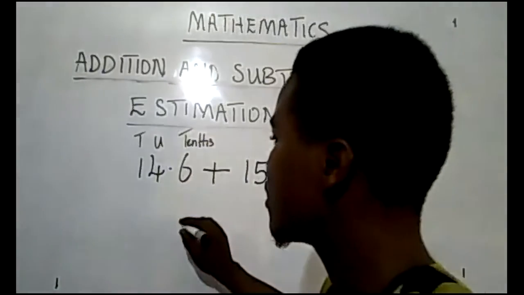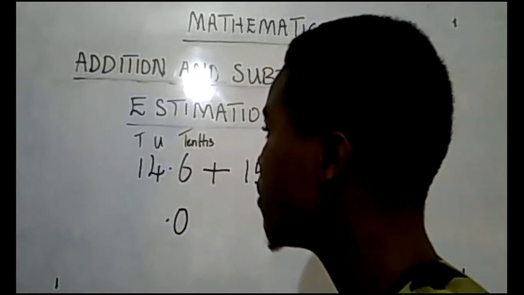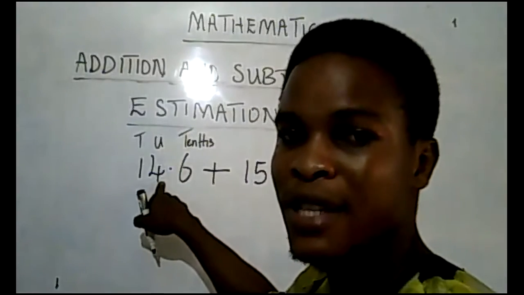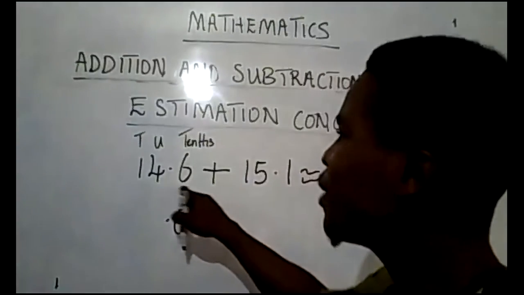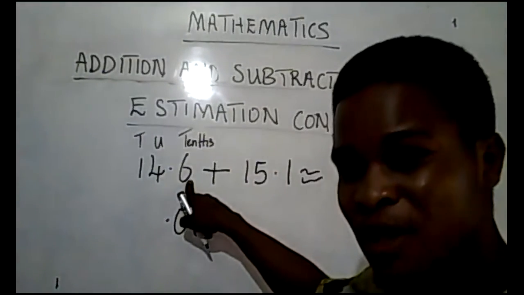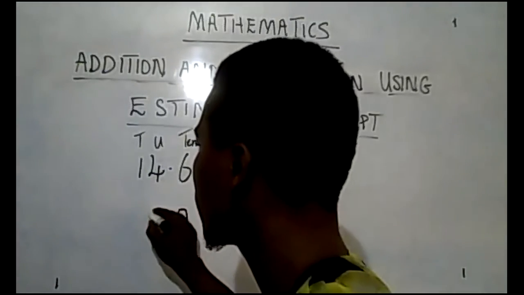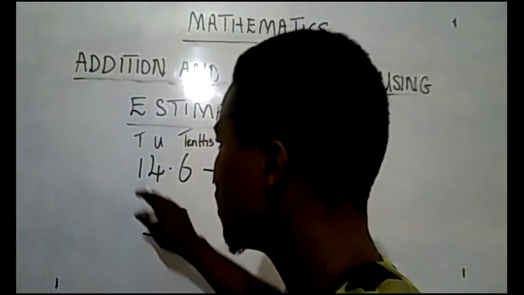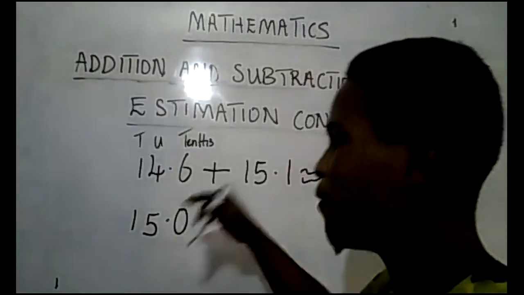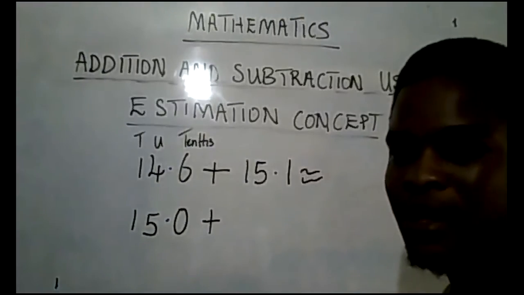Now, we have 6 here. Then also, this becomes 0. And we have a decimal. Then this is the number in the unit place. Then also, what do you do to it? You add 1 to it. Why? Because this is 6. It's more than 5. It's up to 5. So you add 1 to this one. When you add 1 to this one, it becomes 5. Is that also? Then you bring down your 1, which is 15.0. Same thing as 15. Is that also? Good. Your addition sign, the summation sign.